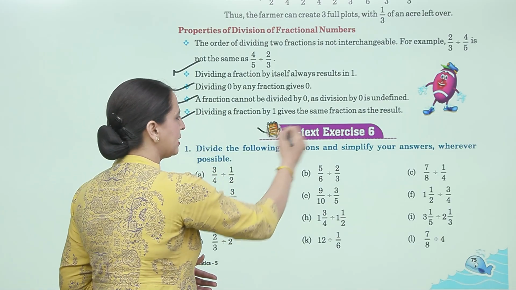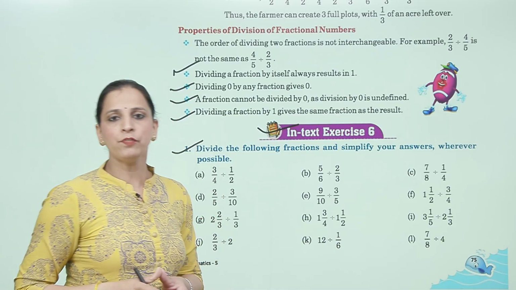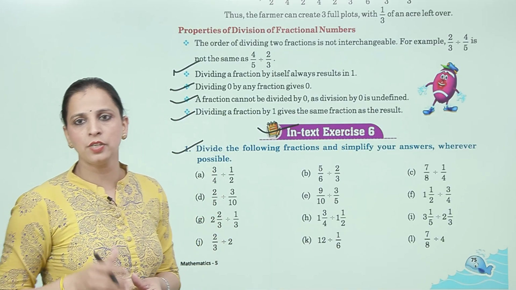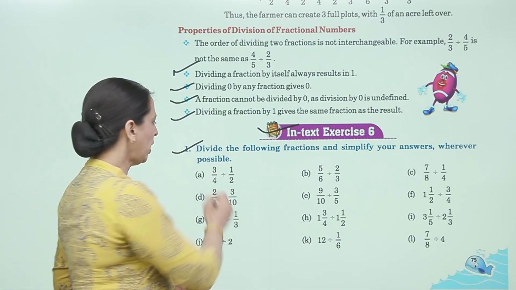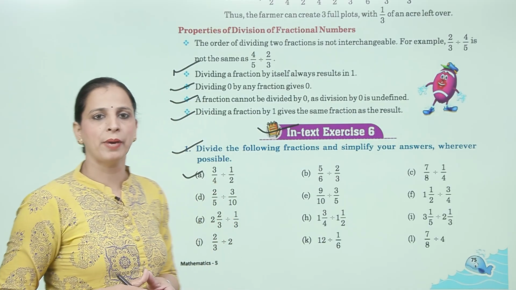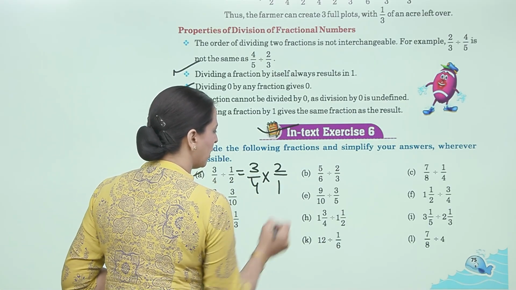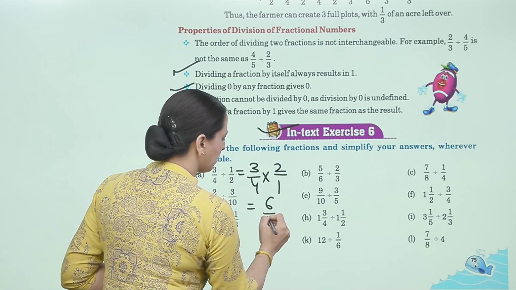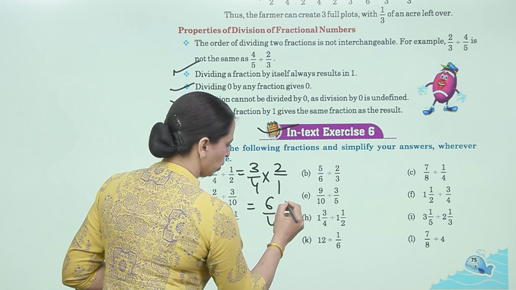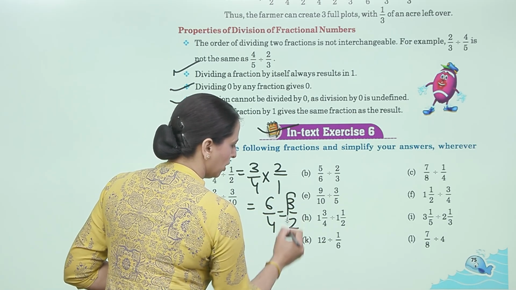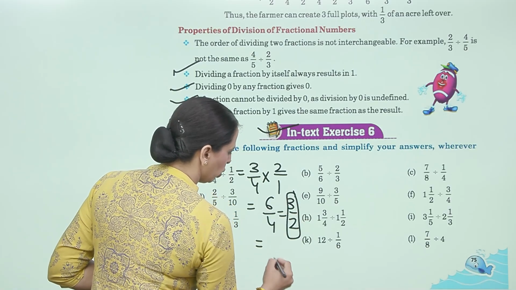Now, in textbook exercise 6, question number 1, divide the following fractions and simplify your answer wherever possible. Now, A part, 3/4 divided by 1/2. So, that is 3/4 multiplied by 2/1. That is 3 2s are 6/4, and it becomes 2 3s are 6, 2 2s are 4, 3/2, and 2 1s are 2,